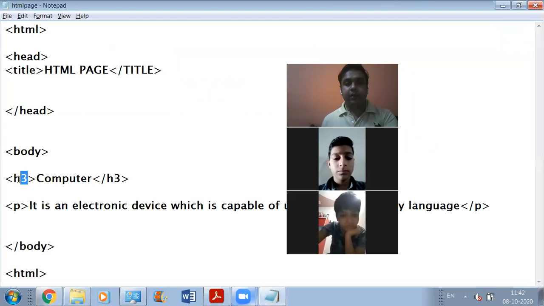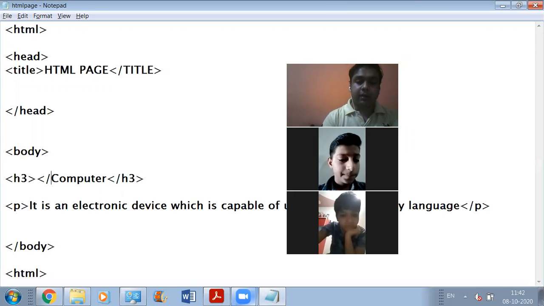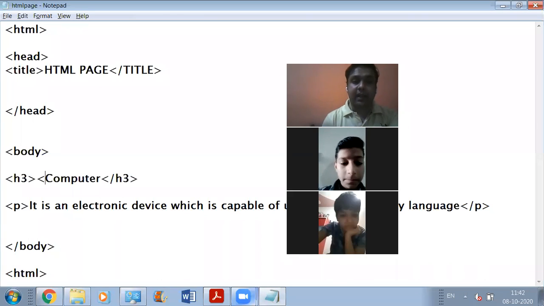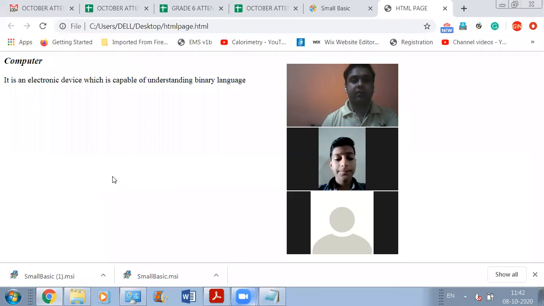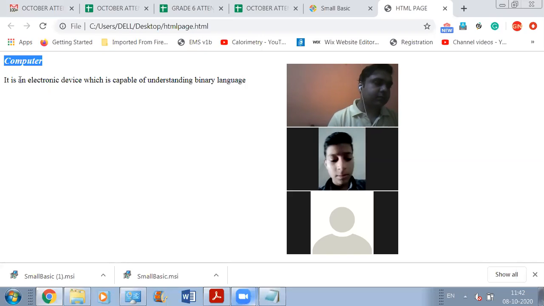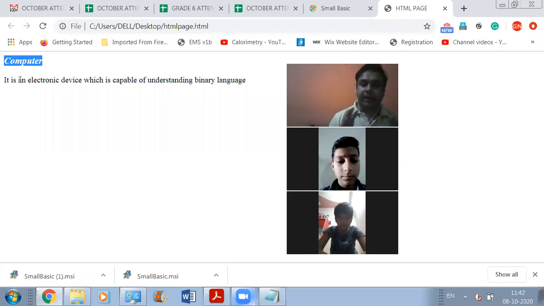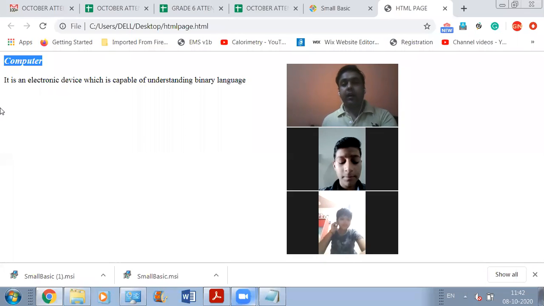Now instead of defining this thing in bold, if you want to see it in italics, you can make use of the I tag. ठीक है? आप I tag का यूज कर सकते हो, आपको चीजें इटैलिक्स में नजर आएंगी। नजर आ रहा है ये इटैलिक्स में या नहीं आप लोगों को? हेडिंग हो गई इटैलिक्स में? Are you all getting my point or not? Yes sir. ठीक है?